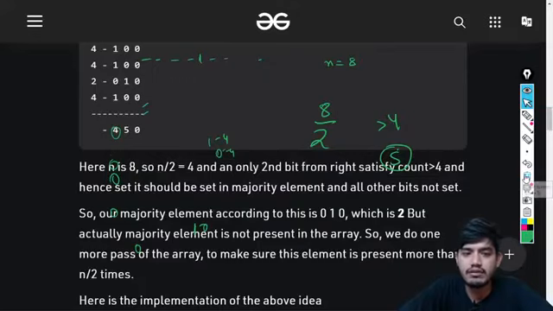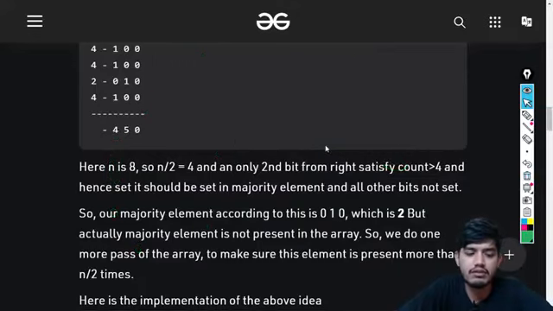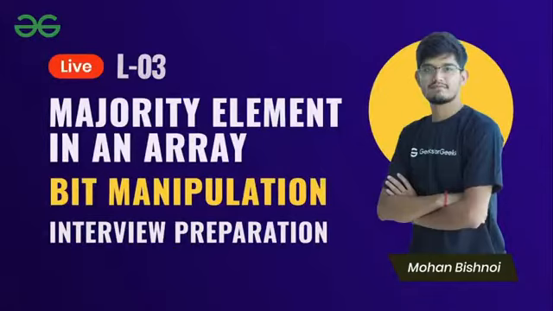Okay, so let us try to code this and see the output by ourselves.